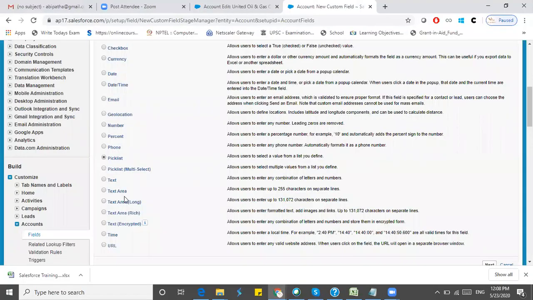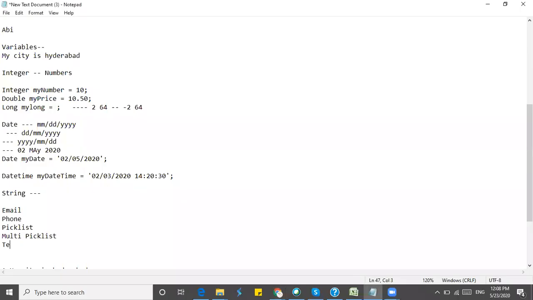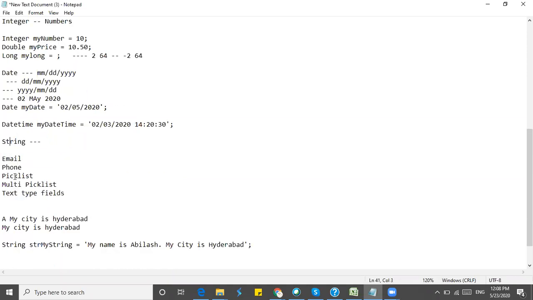All the text type fields, like text area and text long, can be stored in the string type variable. So if you define a string type variable, all these types can be saved.